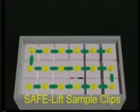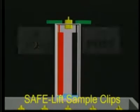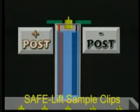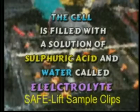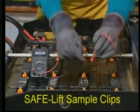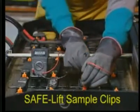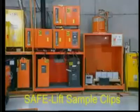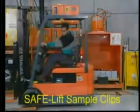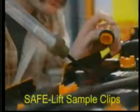A battery is really a series of individual cells joined together by lead connectors. Each cell has a positive post and a negative post. The cell is filled with a solution of sulfuric acid and water called electrolyte. Each cell generates approximately 2 volts of electricity. When it's time to recharge the battery, park the lift truck with the